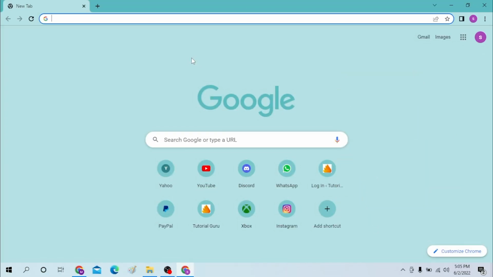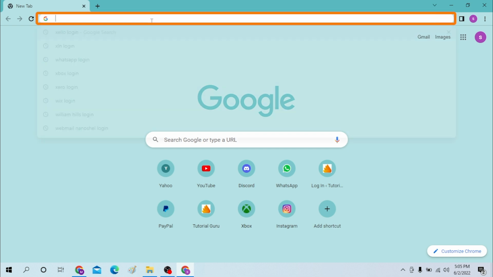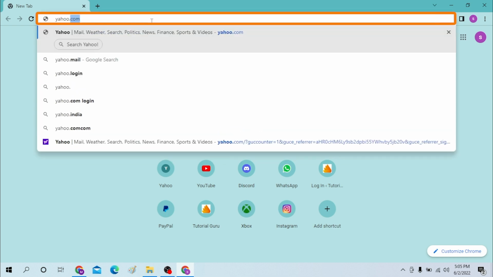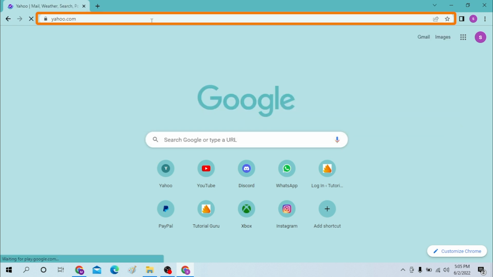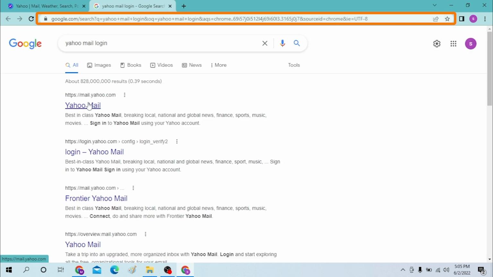First, on your computer, open up your preferred browser, as I have already opened Google Chrome, and on your search bar, click over there and type in yahoo.com like this, or you can just simply search for Yahoo Mail login in Google itself. Hit enter, and on the first page you can see mail.yahoo.com, which is the official site for mail of